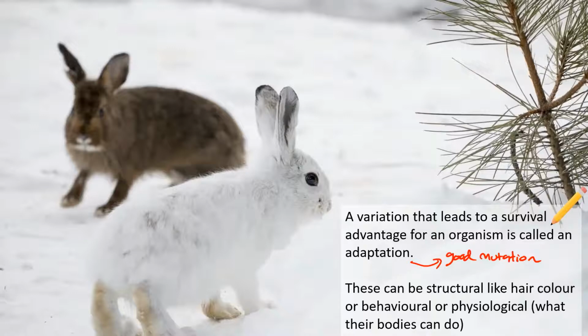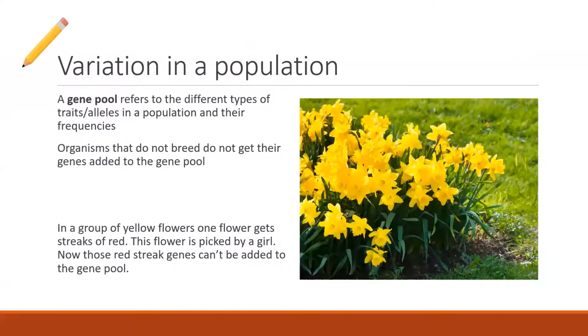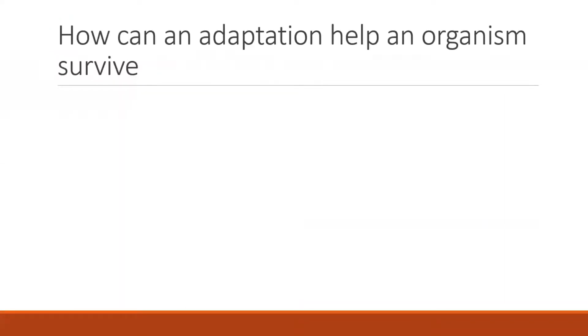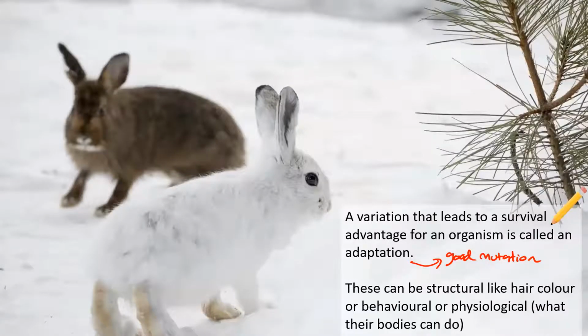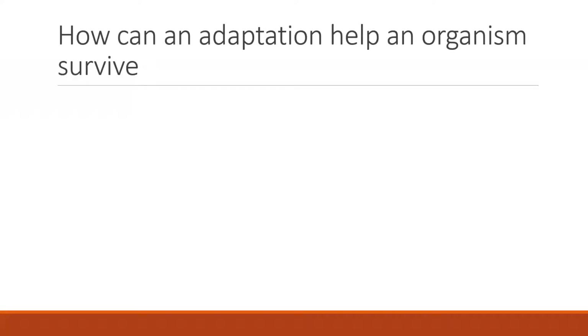All right, so the next slide's a question for you guys. We've got this picture here where I said this rabbit has adapted. It has had a mutation that's given it white fur, which is an adaptation, which is a good mutation, and this good mutation is going to help this animal survive. My question is how can an adaptation help an organism survive? So can someone tell me,